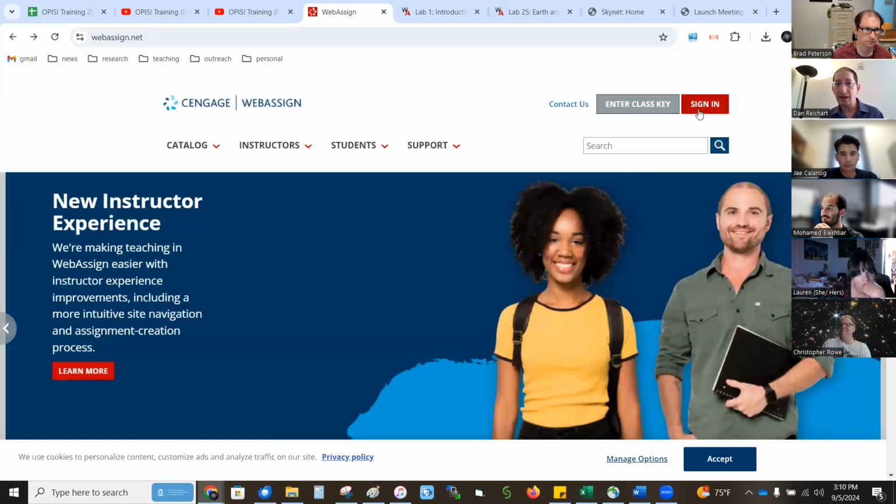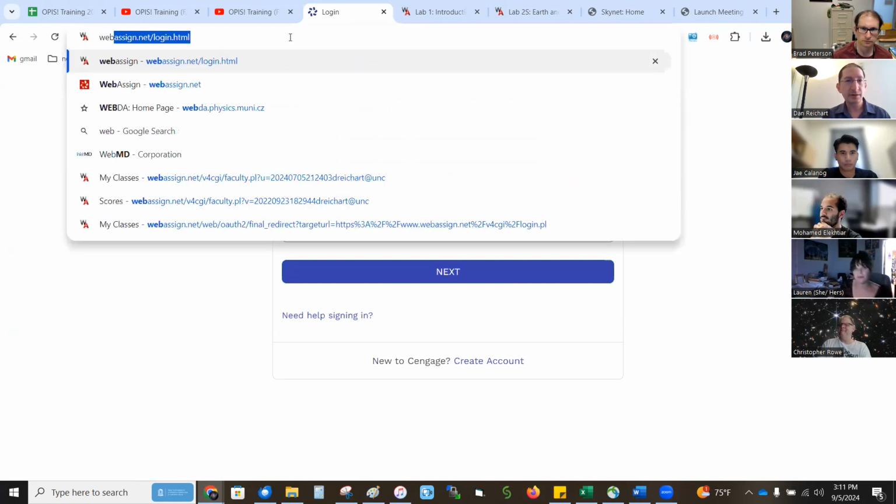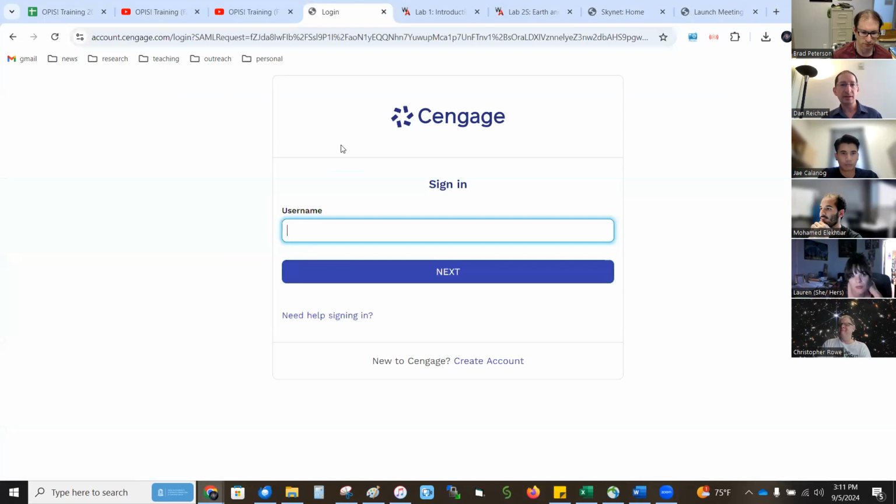Or you can go to sign in, which takes you to webassign.net/login, which redirects here. Yeah, webassign.net/login.html redirects you to this page by Cengage, because Cengage bought WebAssign a couple years ago, and you log in with whatever email you signed up with.